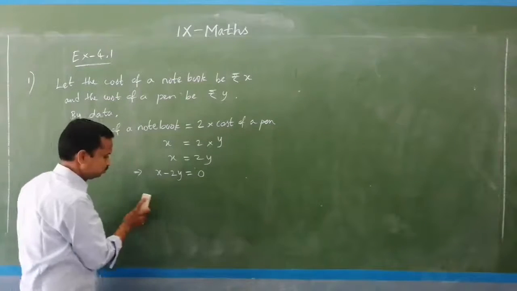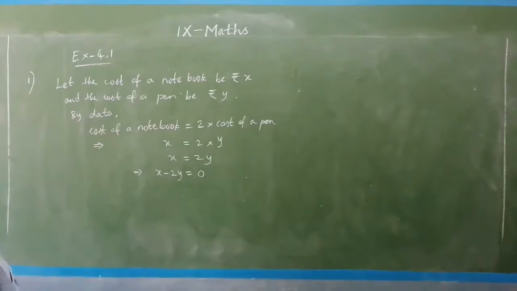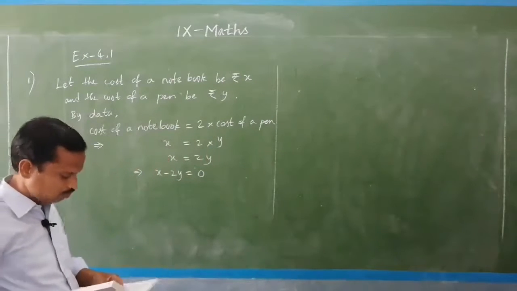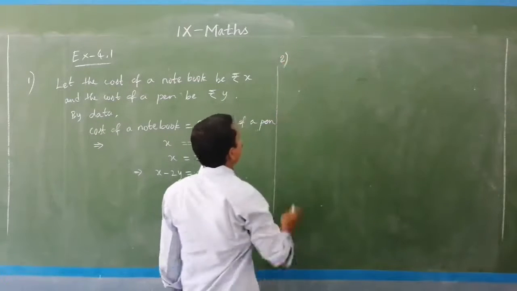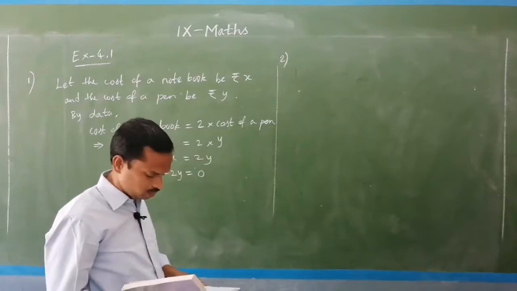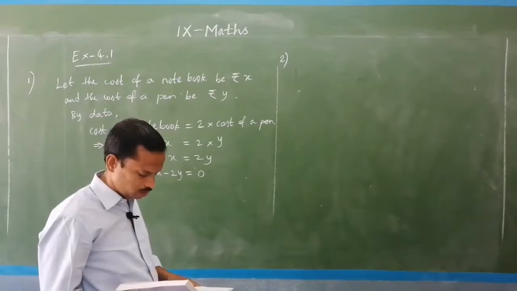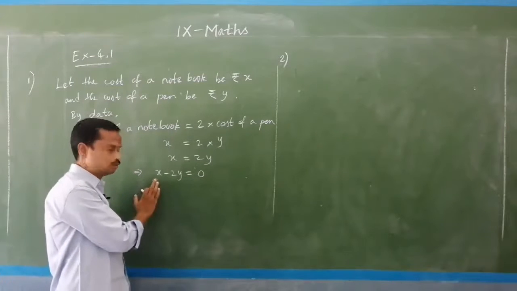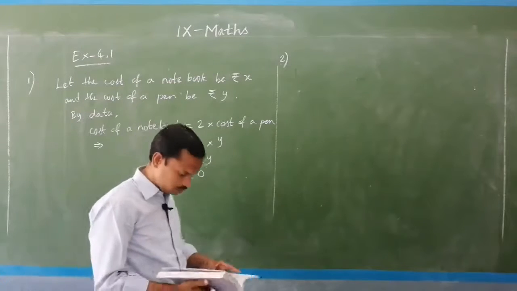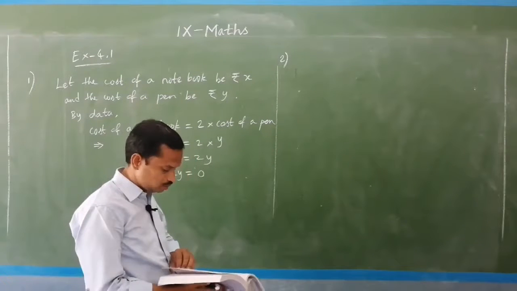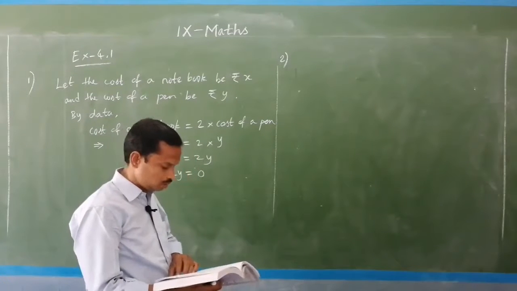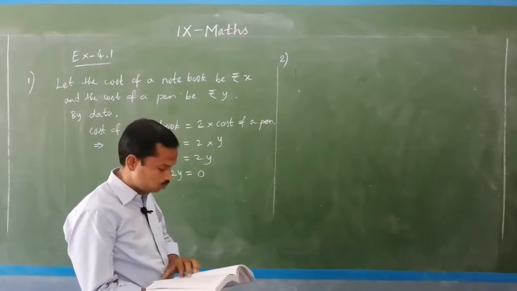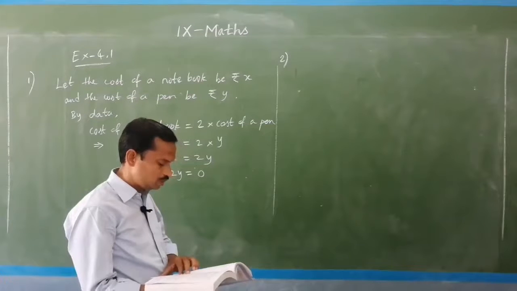So, the solution up to this, and then the second, express the following. Question number 2, express the following linear equations in the form ax plus by plus c equal to 0. So, just now I explained to you by taking the example of this equation. Many equations are given here, almost 8 equations. By comparing with the general form Ax plus By plus C equal to 0, we have to find the values of A, B and C.